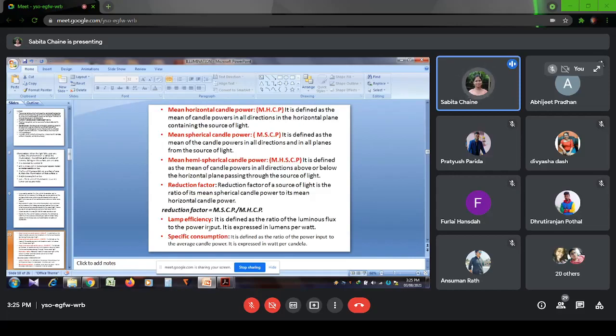So always you know, efficiency generally is unitless, like efficiency 90%, 80%. But here you are comparing the energy in two domains, light energy and electrical energy. For the light energy, that is the lumen, and for the electrical energy, that is watt. So if your input is watt and the output is your lumen, then that efficiency will be lumen per watt.